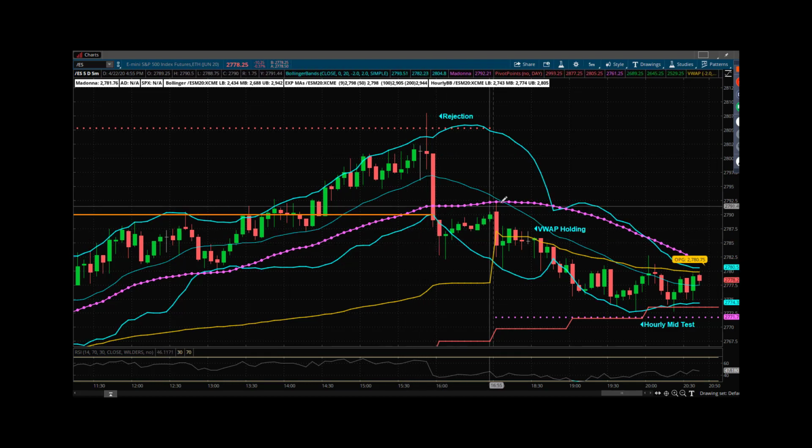The move up to our proprietary moving average that rejects there was a big tell in and about right off the Globex Open. That rejected down. VWAP tried to hold a bit there, and it held enough and printed enough lower highs on the shorter term time frames to get us into a short in the 84 area, 83, 84, depending on where